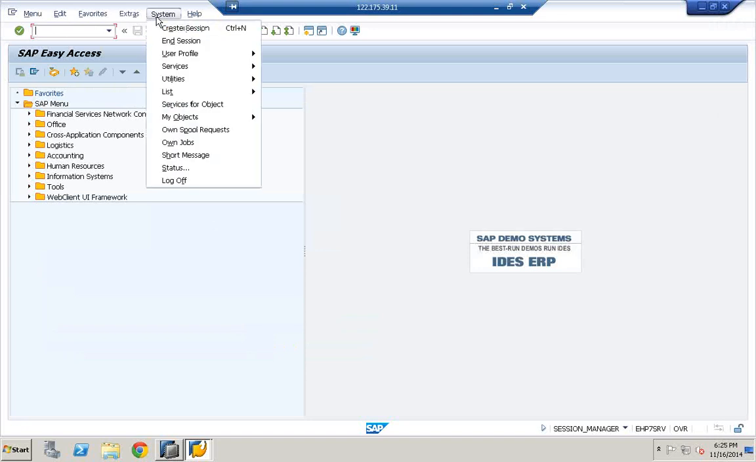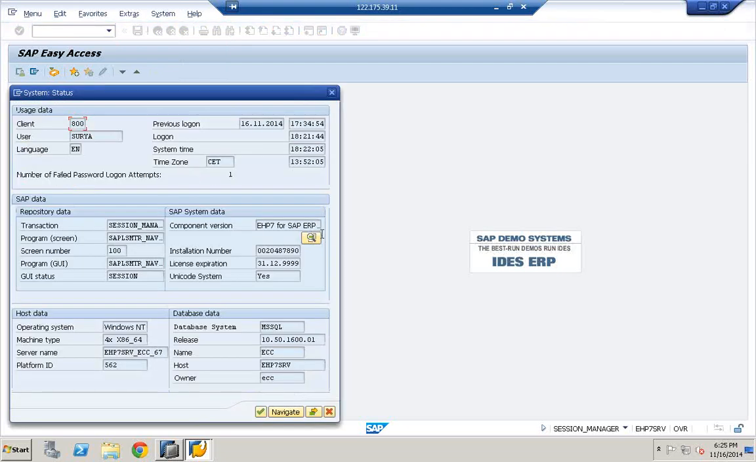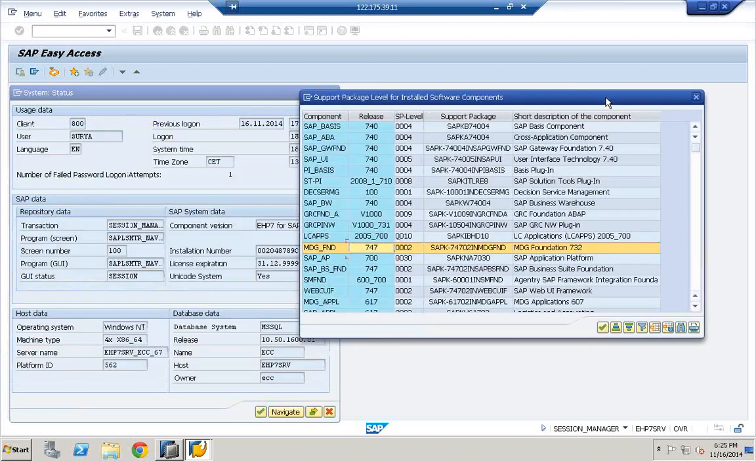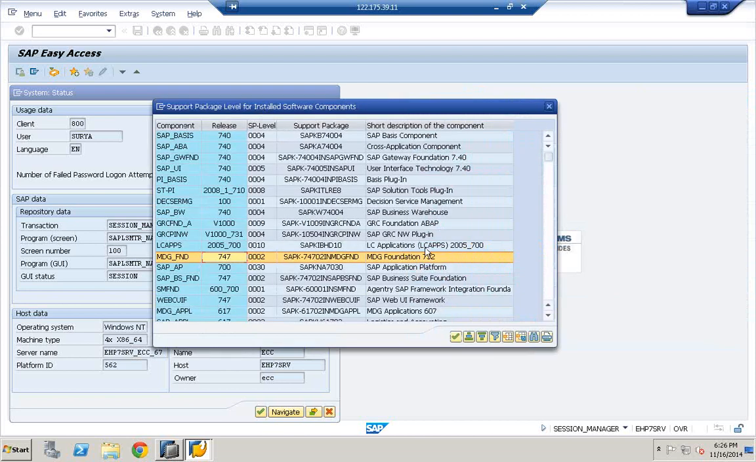Click systems, status, component information. Now ECC is 6.0 EHP7, and if you want to see the SLT,